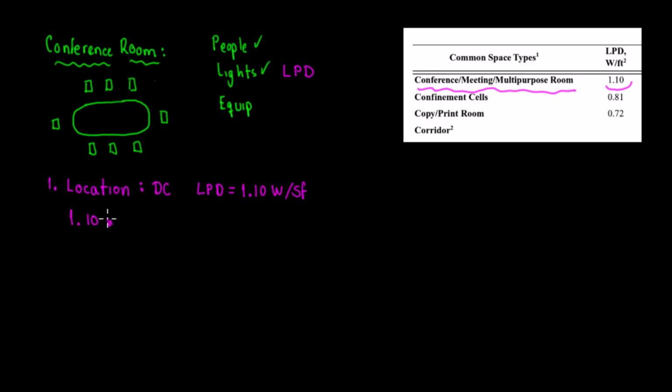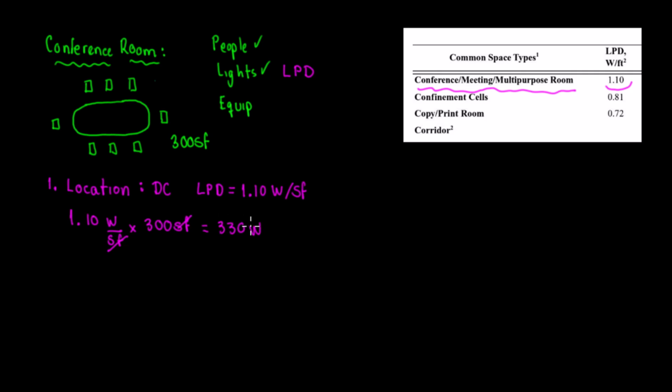1.1 watts per square feet. Okay, so what we forgot in here to put is that also the architect is going to provide us with how big is this conference room. That's for sure. Okay, so this is going to be for 300 square feet. Okay, so based on that, what we have is times 300 square feet. All right, so this goes away. So for lighting we have 1.1 times 300, so that's actually equal to